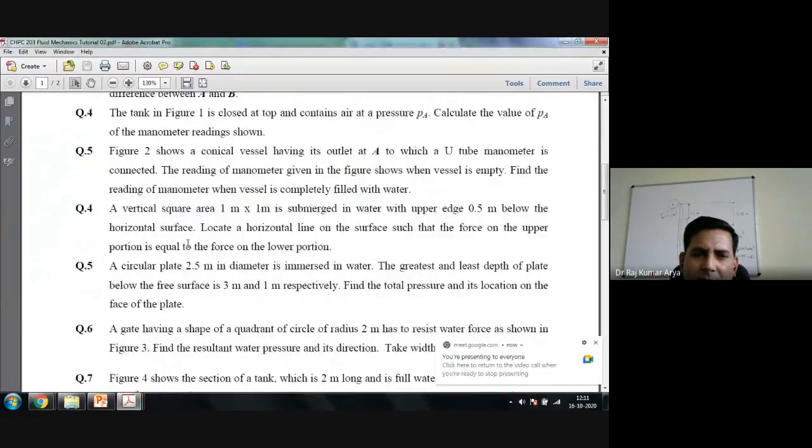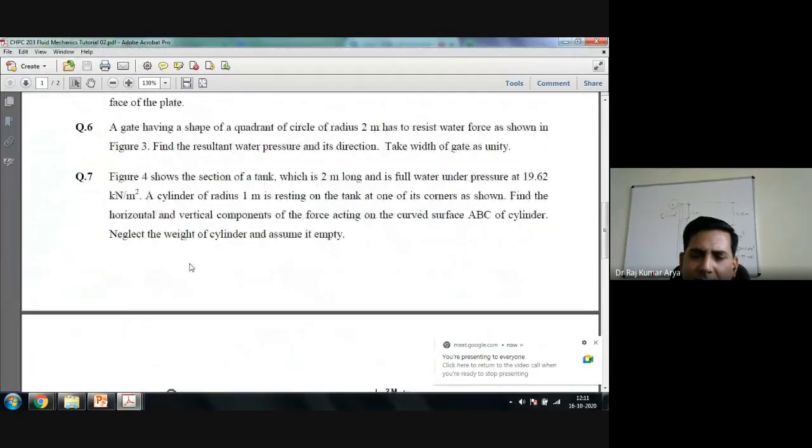Question 7 is this: figure 4 shows the section of a tank which is 2 meter long and full of water under pressure at 19.62. A cylinder